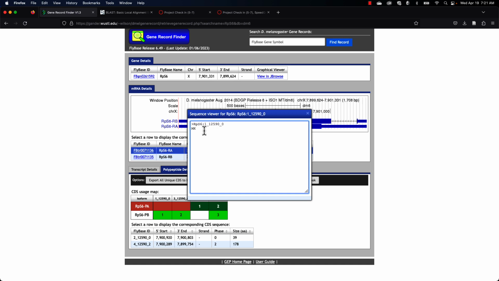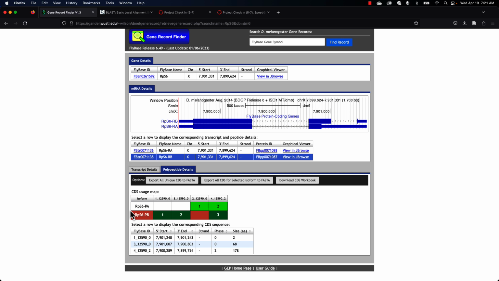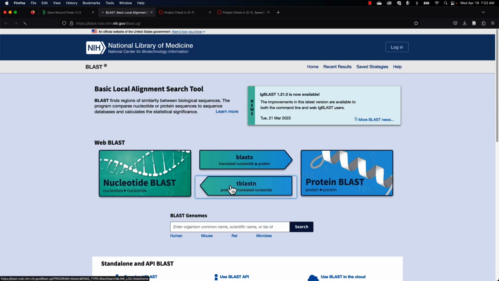So that might be hard for us to find, but hopefully if we limit our search to a short region, maybe we'll find it. So it's only 2 amino acids, so that one might be hard to find, but let's see what we can do. So we'll go to the tBLAST and